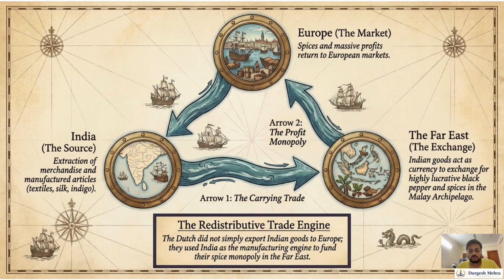From the perspective of how they operated, they came from Europe in search of markets. They came to India, and from here they traded in textile, silk, indigo, saltpetre, cotton. These are the commodities from which they extracted merchandise, or you can say manufactured articles, from India. Then they sailed out to the Far East, as they called it. You can think of Indonesia as of today. Whatever merchandise they carried from India, they used to trade it in Indonesia for black